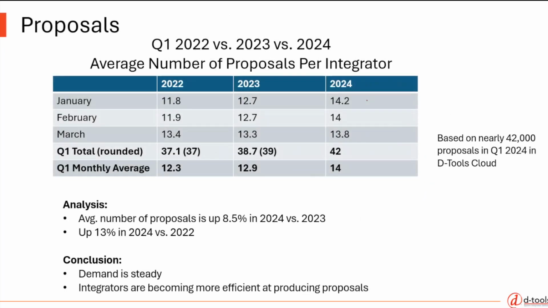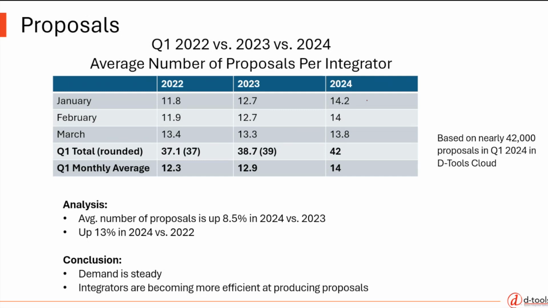Okay, let's jump into the first one here. So this is, I put in for perspective, I wanted to make sure I had 2022 data in here also, because there were some interesting developments when you looked at 2023, and I think we all kind of forgot how rough the first part of the year was last year. And when we get to the contract values, you're going to see that. But this is proposals. Sometimes you're going to see bar charts that may be a little bit of an eyesore. Sometimes you're going to see tables like this. I did it back and forth, so we'll see which ones resonate with you.